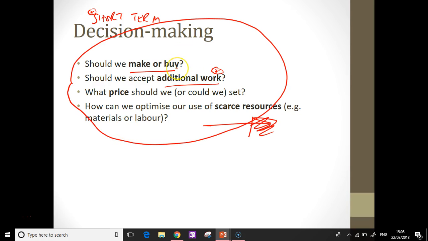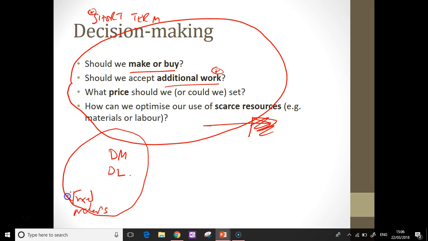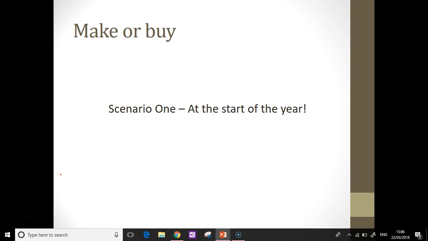And when we talk about make or buy, do we make a component or do we buy it into our factory? Now, you must remember that when you're making a product, there will be material costs, direct material, some direct labor, and then some fixed costs, some fixed overheads that it will also have to pay for. Very much at the beginning of making a product, you're trying to break even, so you think of all these costs. Right. So let's have a scenario.